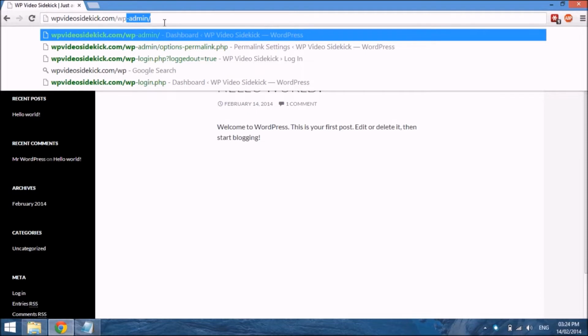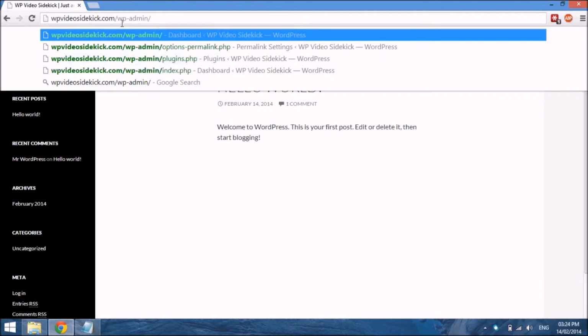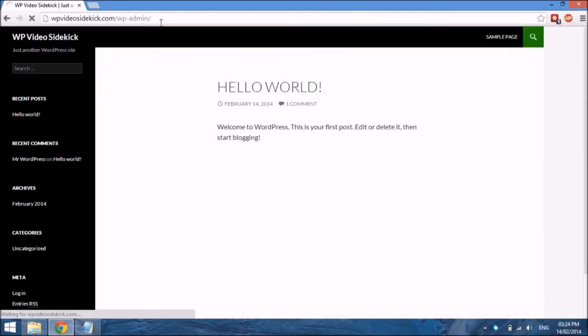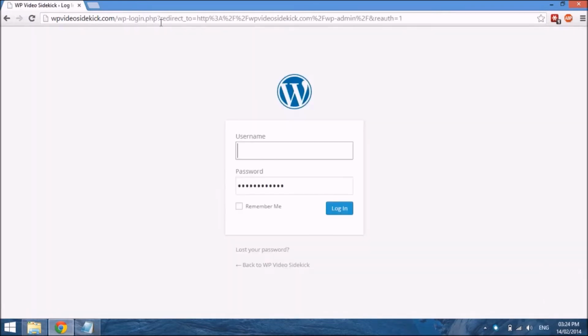wp-admin to our main website address, and then select enter, and it will just take us to a page where we can log in, and you would put your username and your password, which you would have created when you were installing WordPress. So if we just select login,